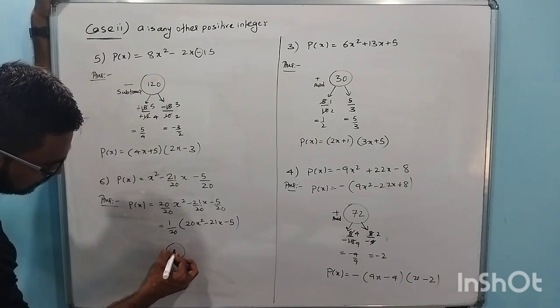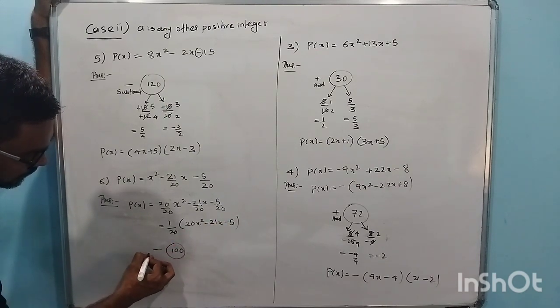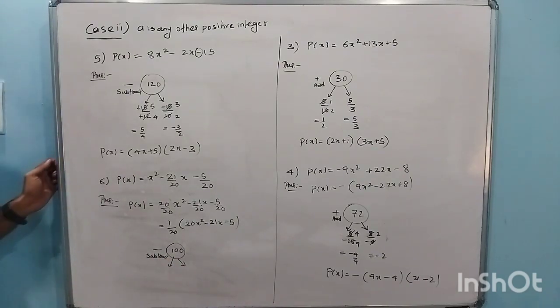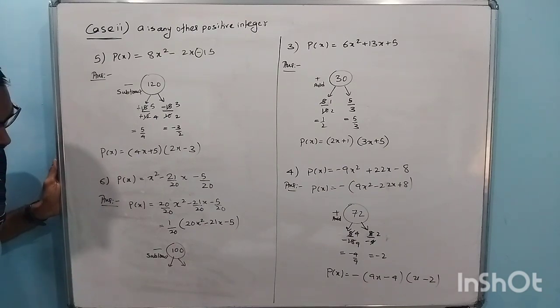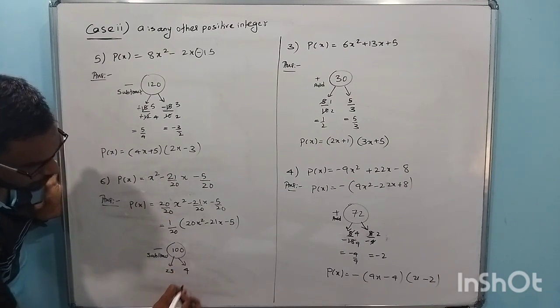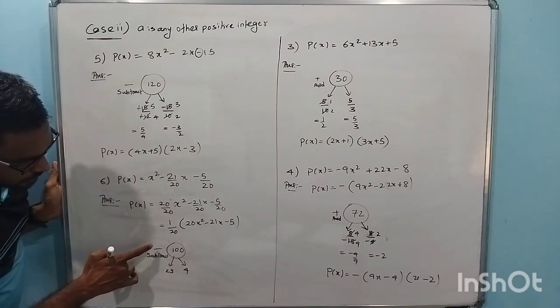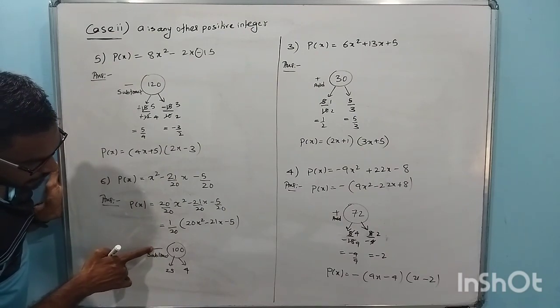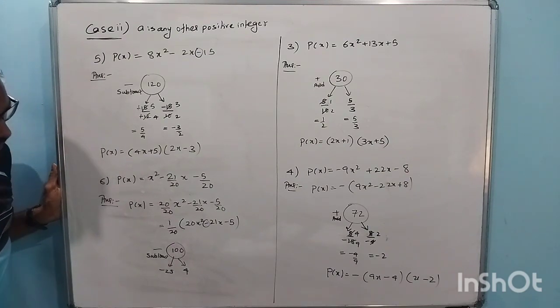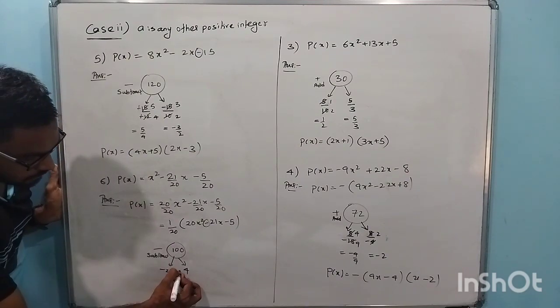Okay, and this is minus sign, so subtract. So which are the two numbers that if we multiply, you will get 100, and if we subtract first number from other, we will get 21? Which are those two numbers? 25 and 4. Okay, then since this is minus sign, you should give this sign to the bigger number, that is minus 25, and the other sign to the smaller number, plus 4.